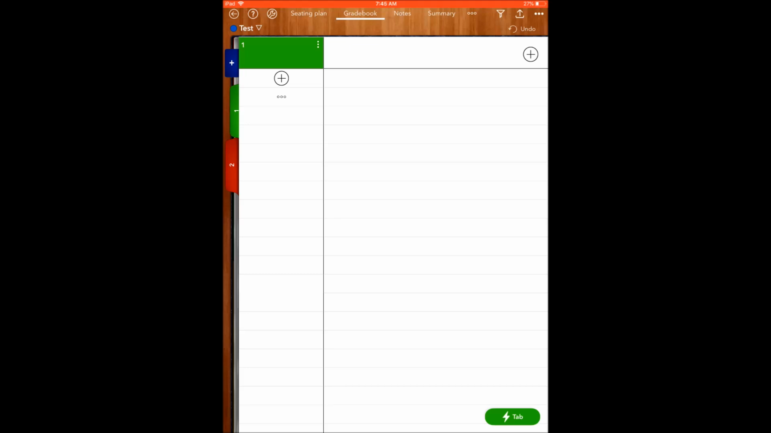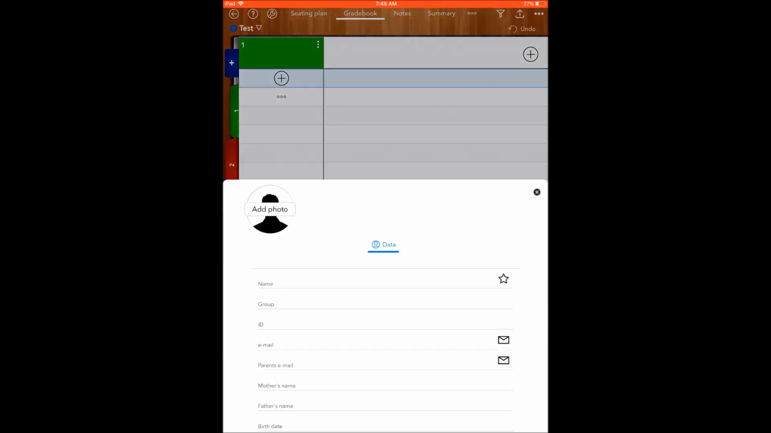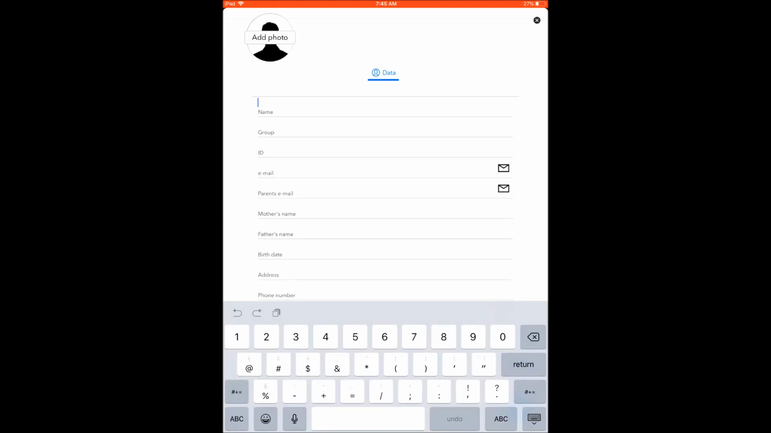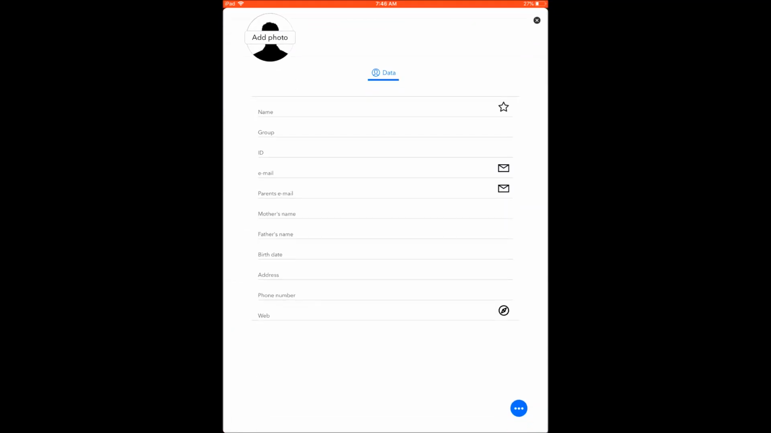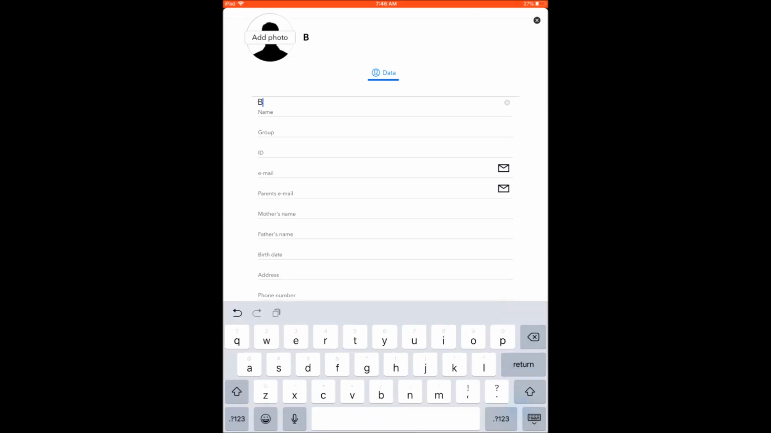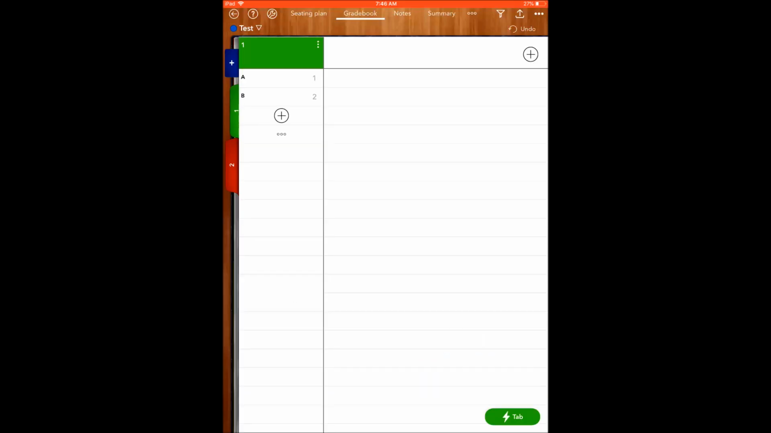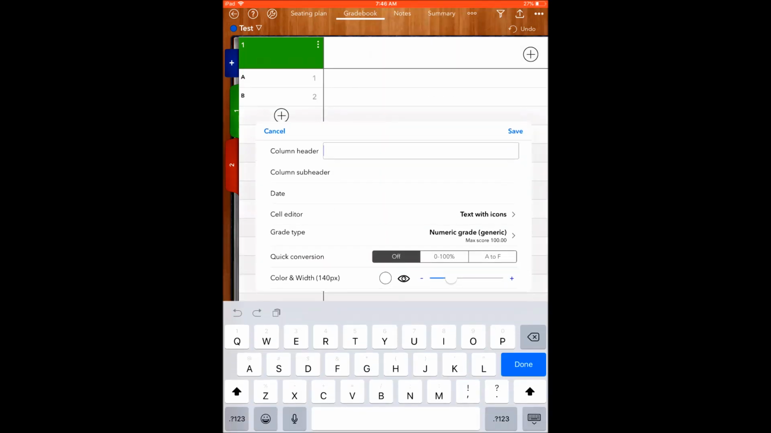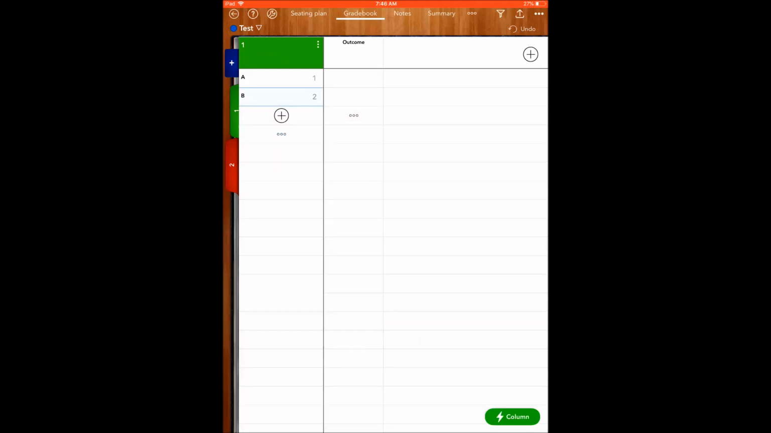And then right here with the little plus button on the left side, that's where you would put your students' names. So we'll do student A, student B, and we'll just do 2 students. Then up here on the top right, that little plus, this column is going to be our skills or our outcomes. So we'll just put outcome. Whatever you're teaching, you can manipulate any of these columns to meet whatever needs you have for your